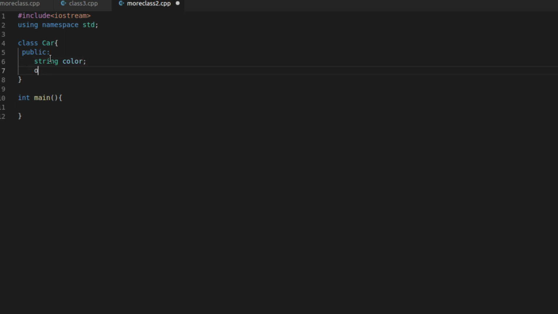Maybe it has a top speed. Now this could be a double, but we'll make it an integer. We'll just say whole numbers. And then, what else could a car have? Top speed,